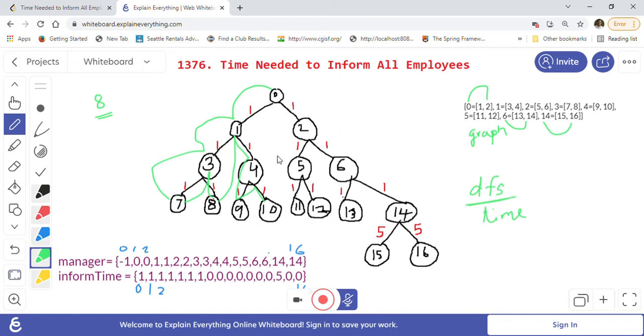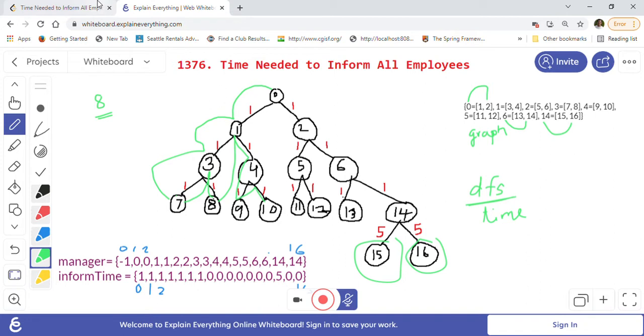So ultimately we will find the maximum time required to reach nodes 15 and 16, which is 8 minutes. For all the other leaf nodes like 7, 8, 9, 10, 11, 12, 13, the time required is 3 minutes. Any path will take 3 minutes, for example 0 to 2, 2 to 5, 5 to 11, again 1, 1, 1 means a total of 3 minutes is required. But for 15 it is 1, 2, 3 plus 5, which is 8 minutes, and the same for 16, 8 minutes. So we have to return 8 as the maximum time that will be required. So that is the approach.